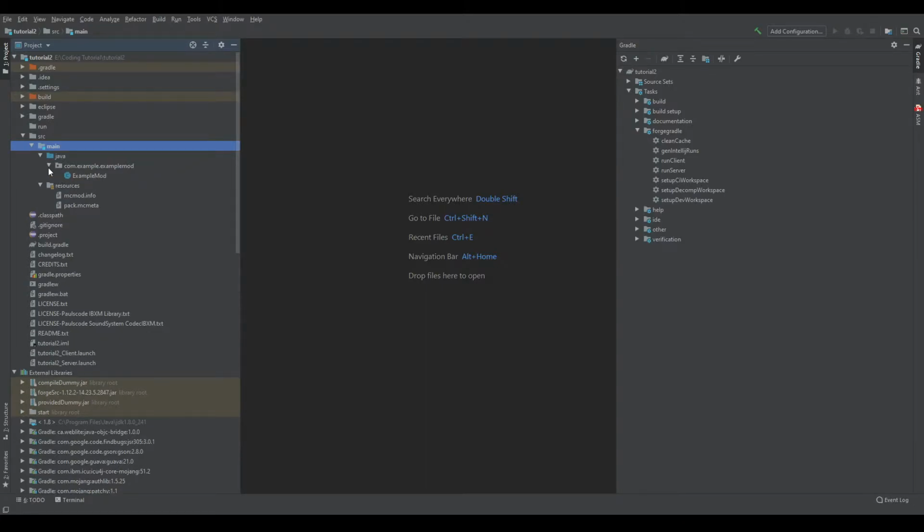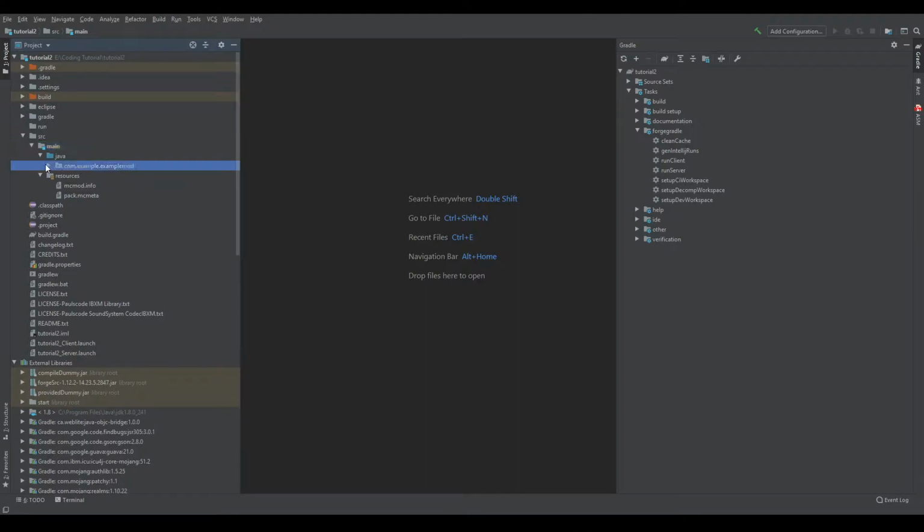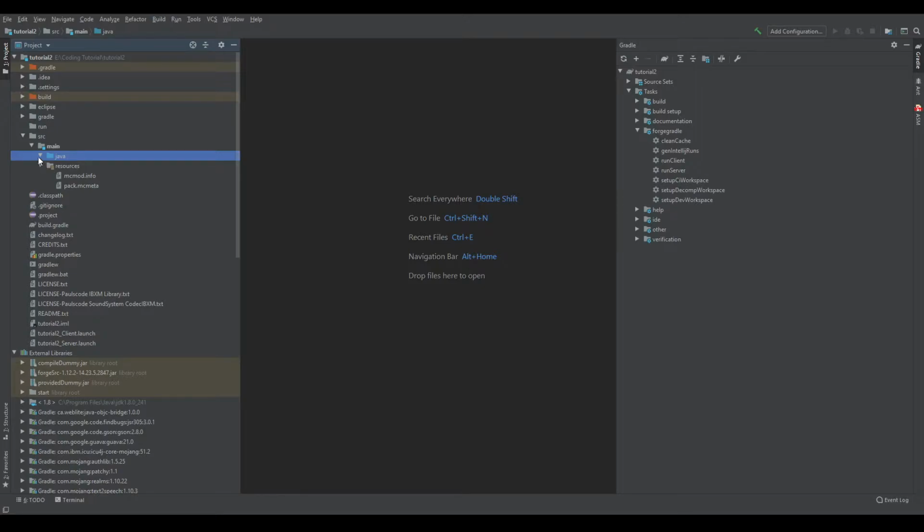Now you may notice that there's already something in the Java folder called com.example.examplemod. Here's what you should do with it. Right click it, refactor. Not refactor, it used to be part of refactor. Just go down and hit delete. Delete. You might need to do this several times, like I did 2 times. Okay, now that that is over,